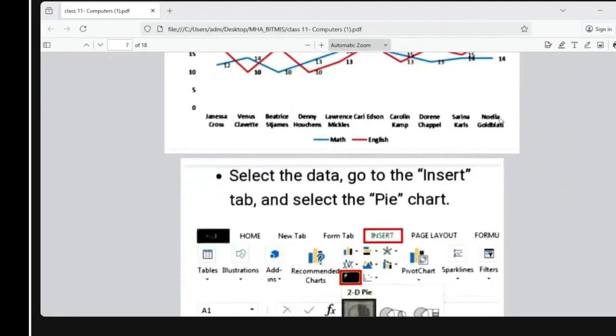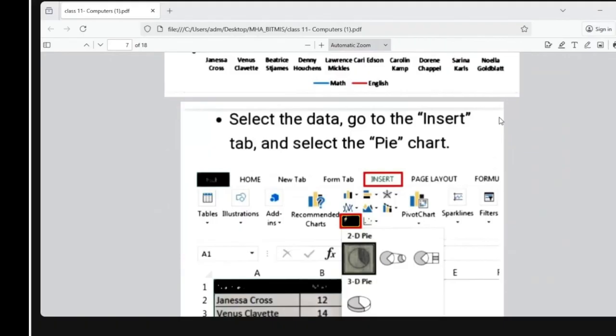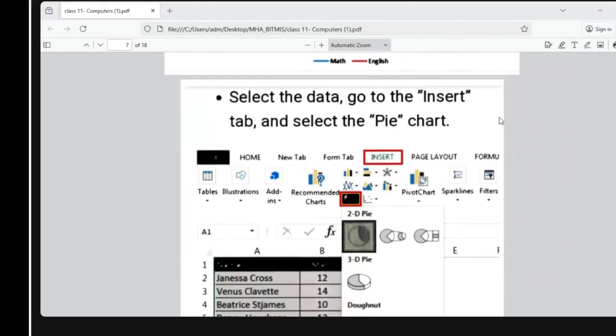Select the data, go to the insert tab and select the pie chart. You have to select the data first. Remember, select the table which you have to convert into a chart. Then click on insert again, click on 2D pie chart.